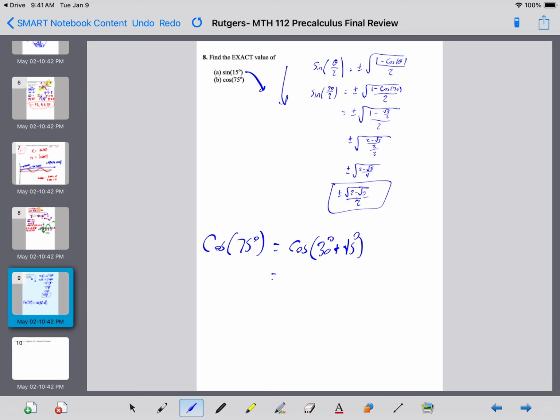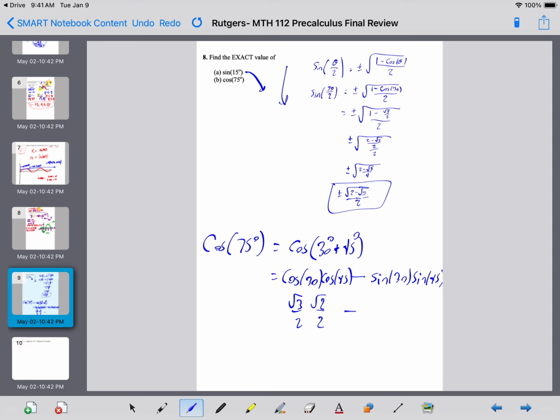Now cosine has different signs, so it's a plus sign, so it's going to be negative. And then you're going to have double cosine, double sine. So cosine of 30, cosine of 45, sine of 30, sine of 45. Cosine of 30, remember, square root of 3 over 2, cosine of 45, square root of 2 over 2, minus